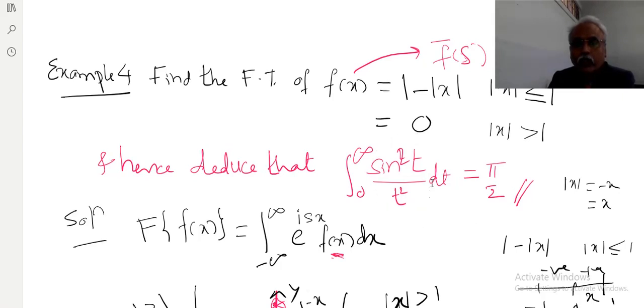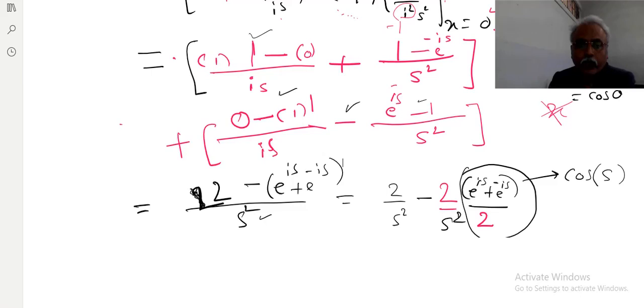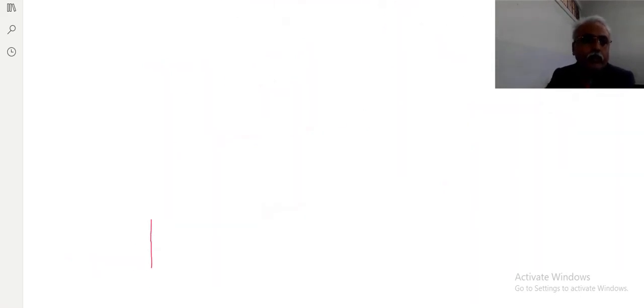Almost a similar thing we got. To find the deduction part, always consider first the inverse Fourier transform. Can you recall the definition of inverse Fourier transform? Let us recall. Consider inverse, sorry,